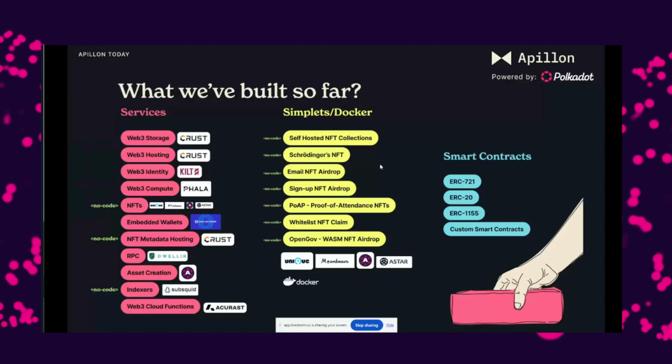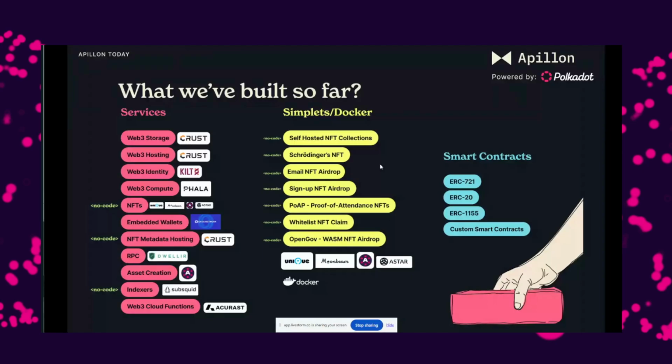So what we did with Simplets is we basically built the whole solution, including backend, front end, and everything, connecting back to our services, and we open sourced this, right? This was our first step, and we did this, I would say, like one year ago already. So this exists for quite some time.